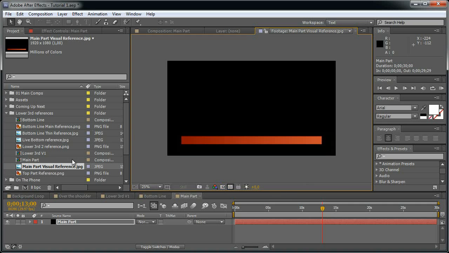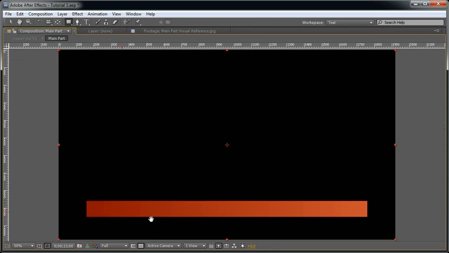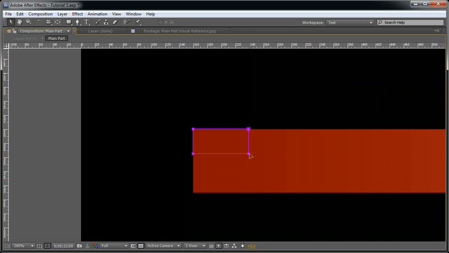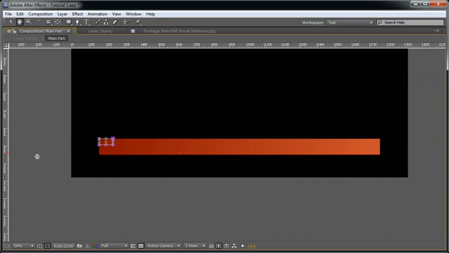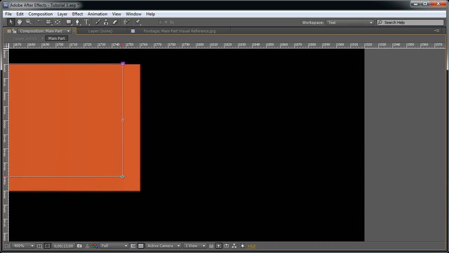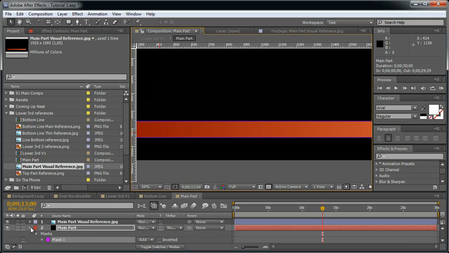So we take this here and try to draw the same or very similar shape. Let's try to adjust it, and now we can remove